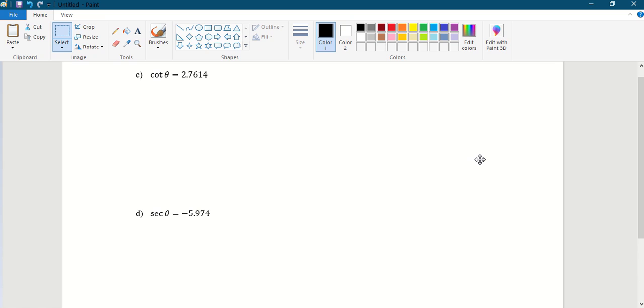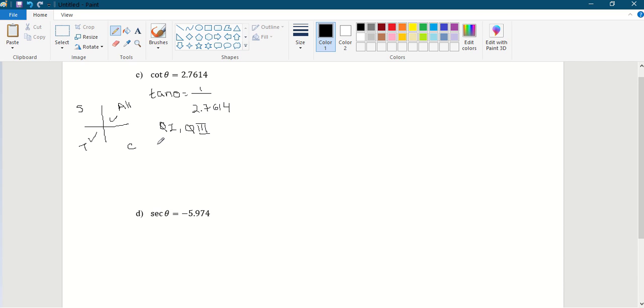Let's say we are given cot theta equals 2.7614. So we will quickly write down what tan theta will be, because tan and cot are reciprocal. We will say tan theta has to be then 1 over 2.7614. Now to decide which quadrants, again we use CAST rule or all STC. First quadrant all positive, sine positive. In the second quadrant T and C. Now we have tan positive, so that happens in quadrant 1 and 3. So we'll say it's in Q1 or Q3.